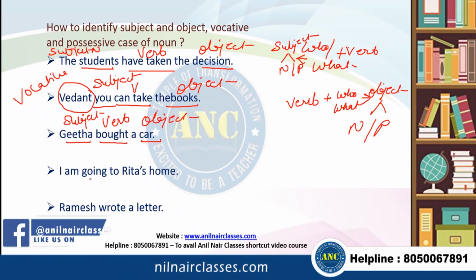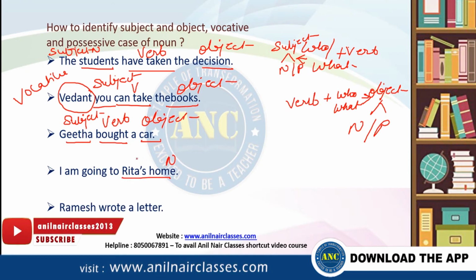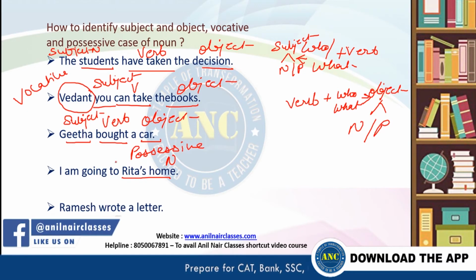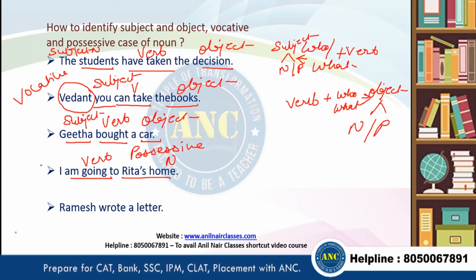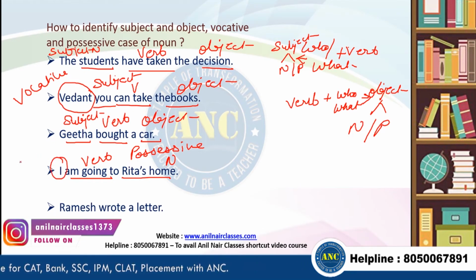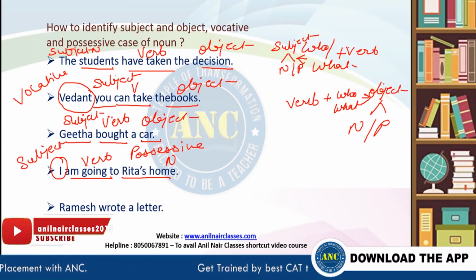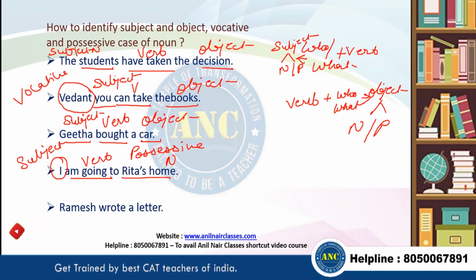Next sentence. I'm going to Rita's home. So the moment I say Rita's home, I know home is a noun. Rita's, with the apostrophe S, is the possessive case of the noun. Am going is the verb. Who is going? I. So I is the pronoun and it is the subject. So we identified how beautifully we came to know now that only nouns and the pronouns can act as the